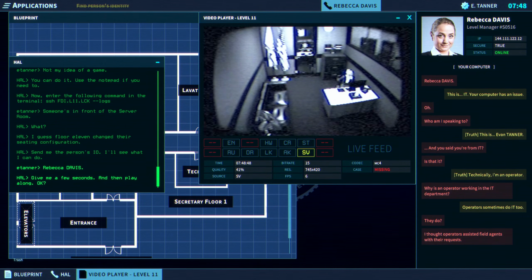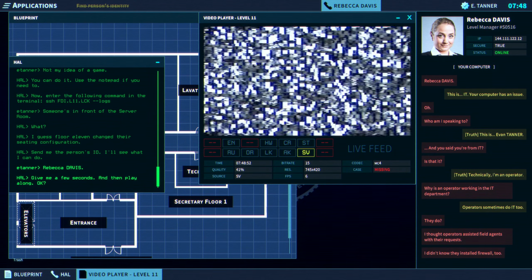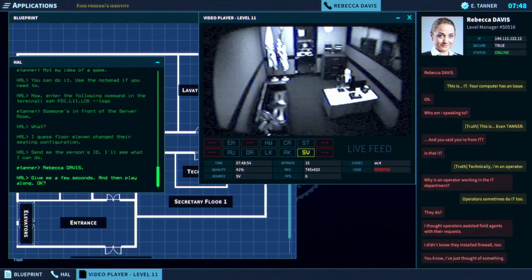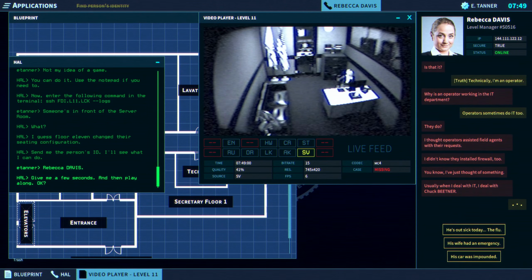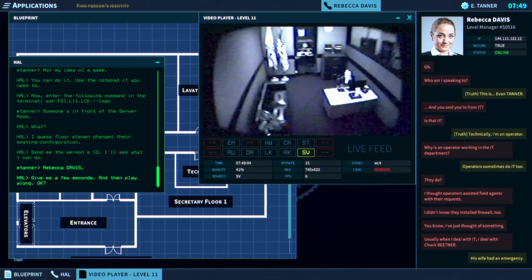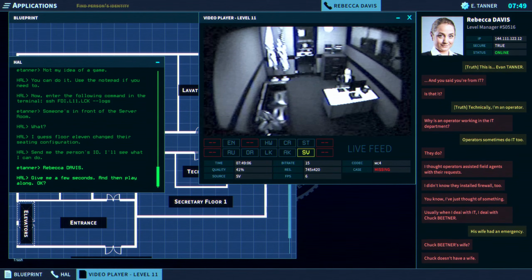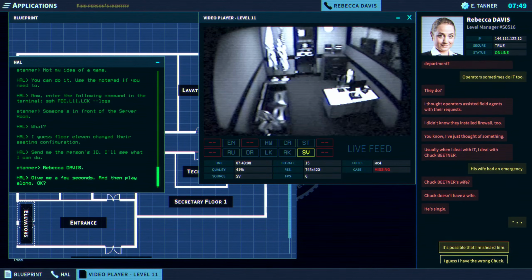I thought operators assisted field agents with their requests. I didn't know they installed firewall, too. You know, I just thought of something. Usually when I deal with IT, I deal with Chuck Beatner. Chuck Beatner's wife? Chuck doesn't have a wife. He's single.